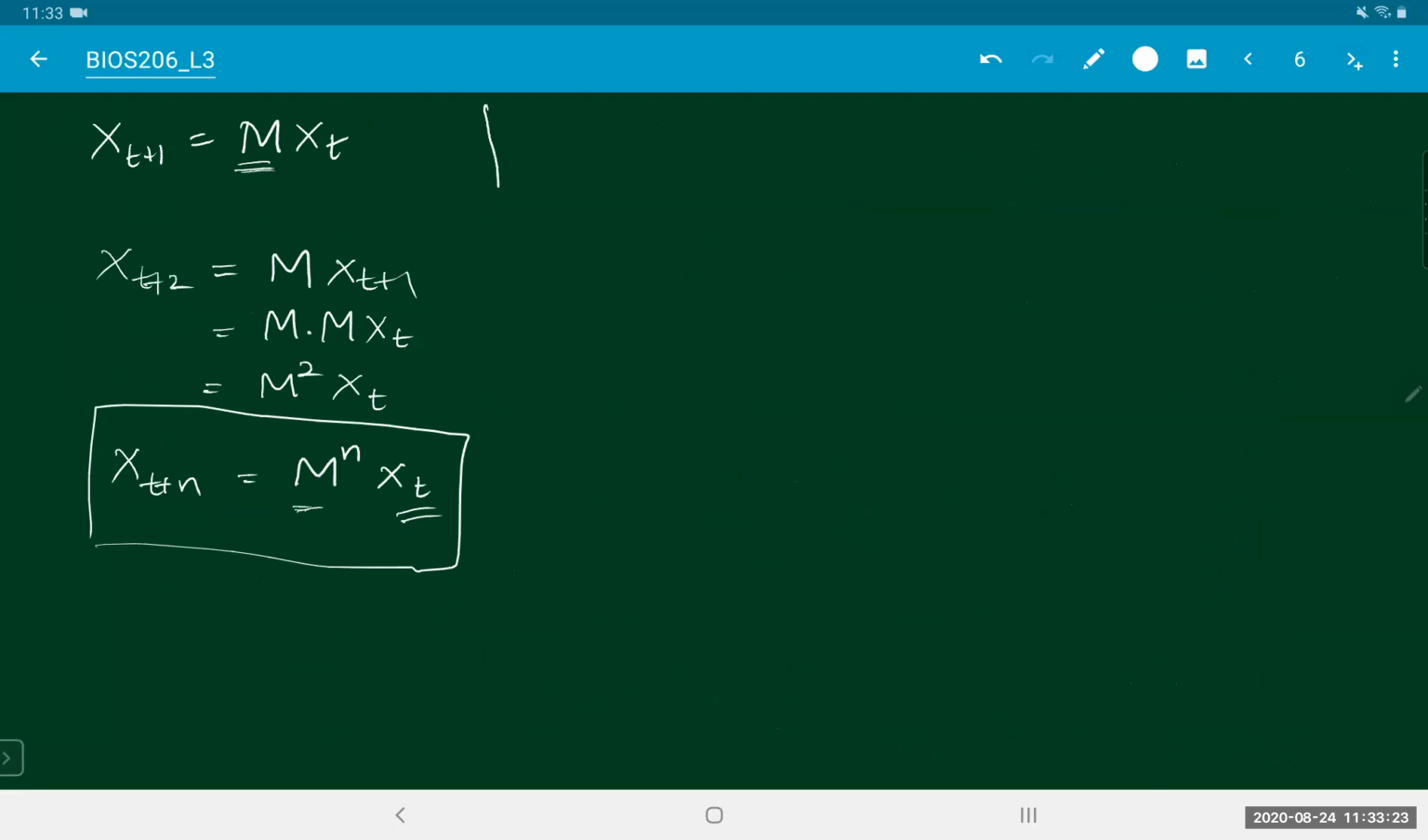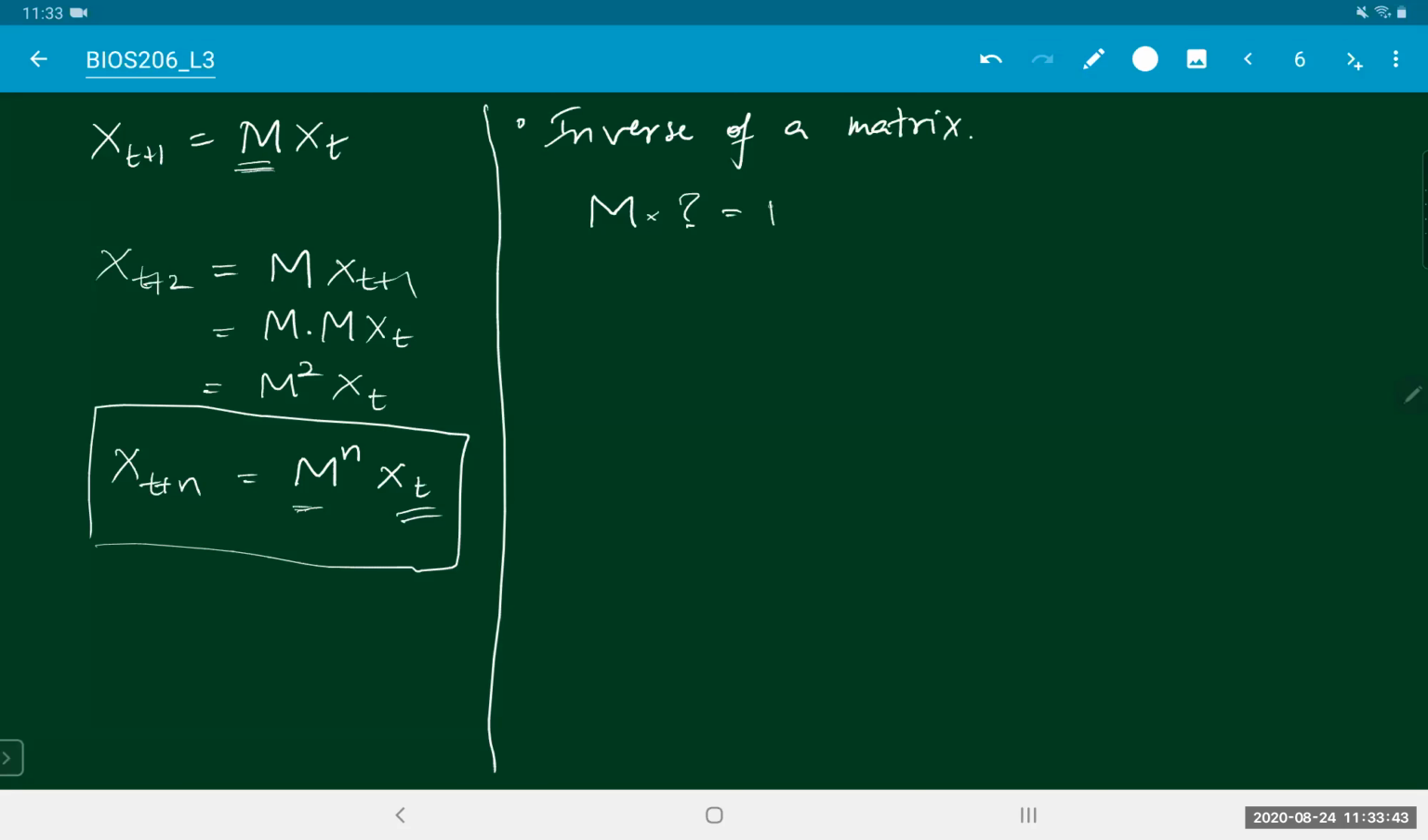Okay, so the last thing I want to discuss in the topic of matrices is the inverse of a matrix. Suppose you have some matrix M. The question is, M times what will give you the identity matrix? Have I discussed the identity matrix with you? Did I tell you last time what the identity matrix is? If I didn't, the identity matrix is just,